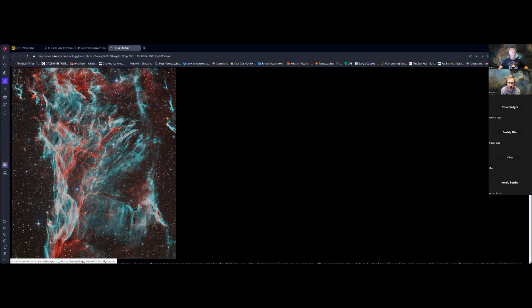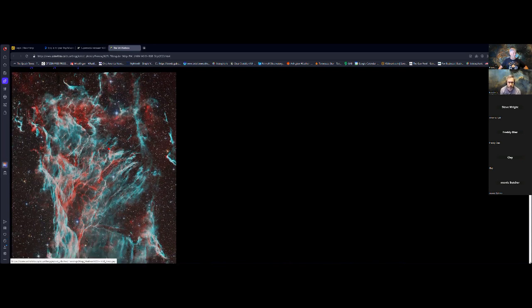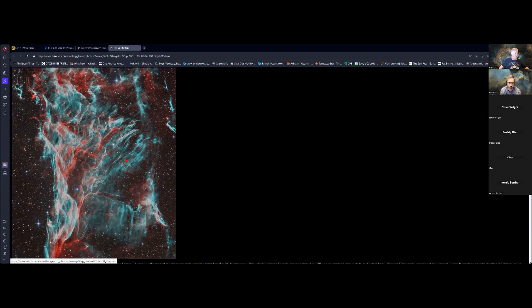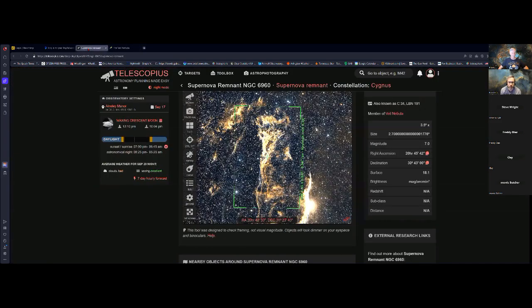See, compared to the galaxies, this is something we can shoot in our backyards if we have the filter, like an L-eNhance for one shot. So this would work perfect. Well, I think this is an HOO, plus some RGB stars. Whoever did this shot in Ontario. To me, that's just such a pretty option.